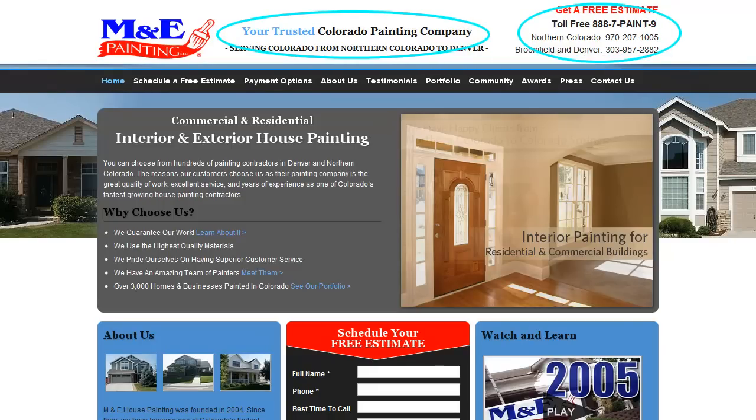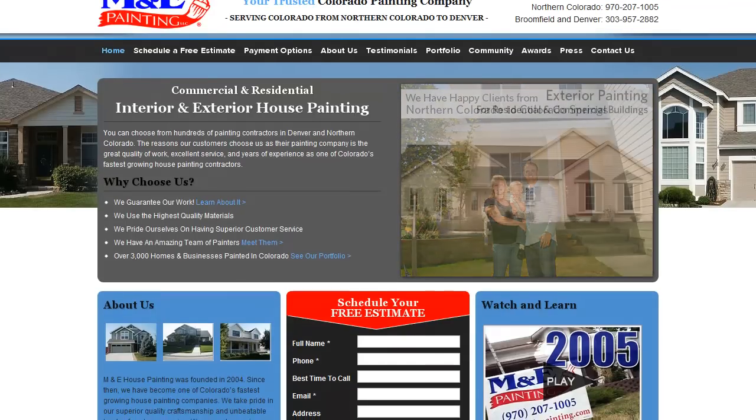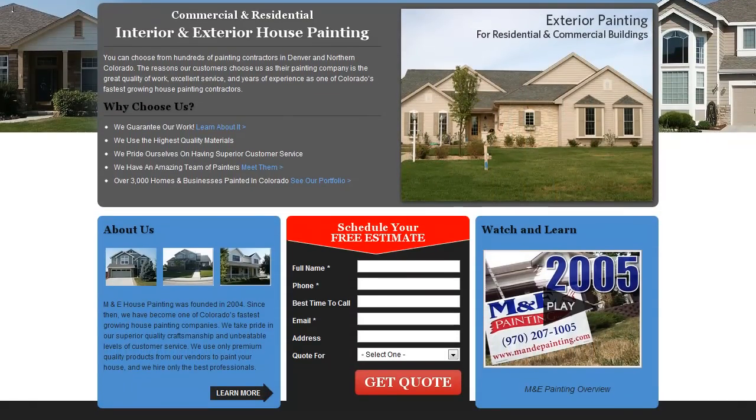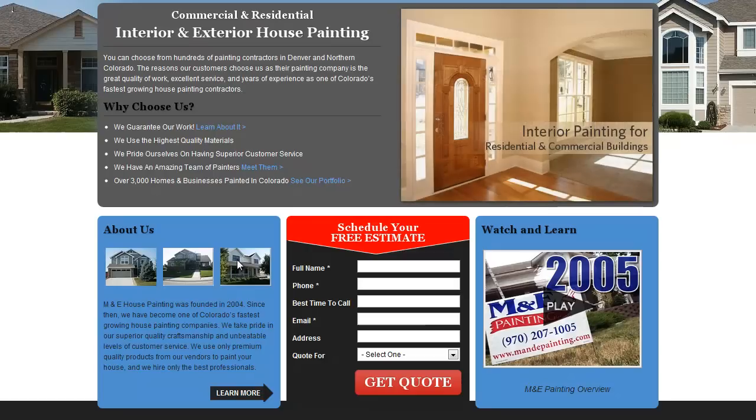That makes sense, but they changed the color of "your trusted." You wouldn't want that to just have the same color, so that's key. You want to show separation. You see that they utilize blue as their call to action, soft warming colors, and then they have the red free quote, which invokes action in someone. So that's a nice use of colors.